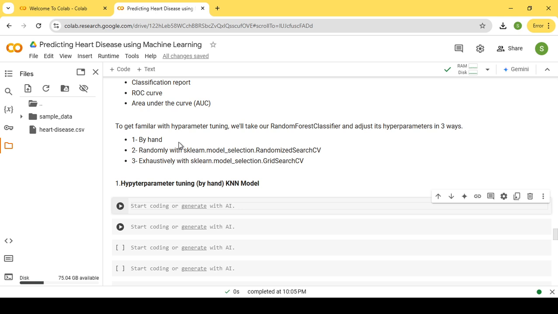So to start with, we'll start by doing hyperparameter tuning by hand for the KNN model, which, if you recall, had the lowest accuracy percentage, with only around 68%. So to start with that, let's take a look at how we can optimize the KNN model and how we can